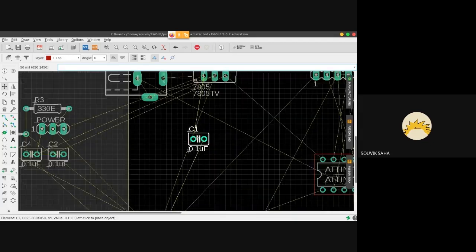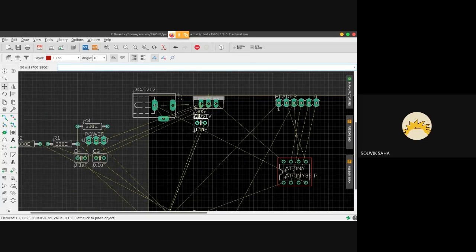And one more thing, the capacitors that are connected to your 7805, right? They should be as close to the regulator as possible. I won't get into too much theory because that will be boring, so I've shared a couple of YouTube links. This guy explains why you need the capacitors as close to your regulators as possible: if there is a lot of distance, a lot of impedance gets added due to the distance between the two components. So to reduce that impedance, we need to keep these components as close as possible.